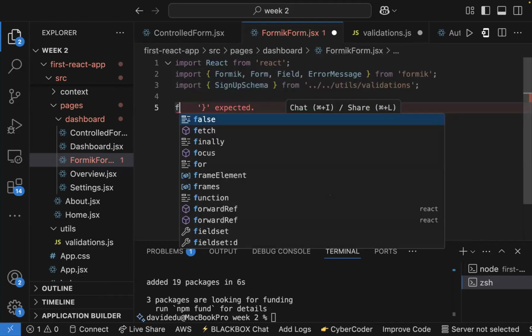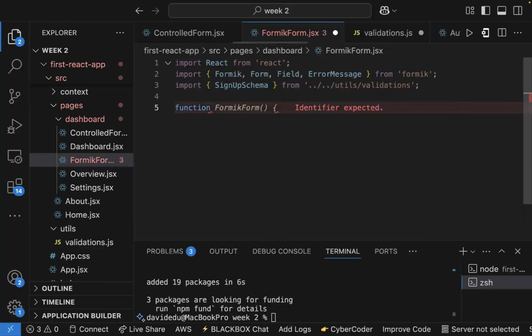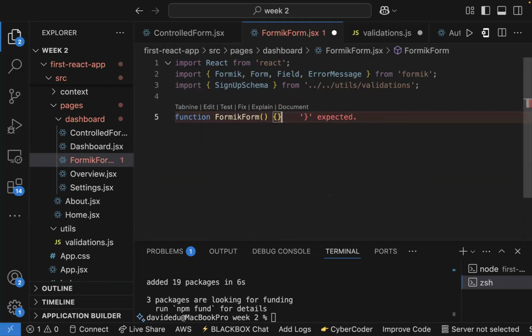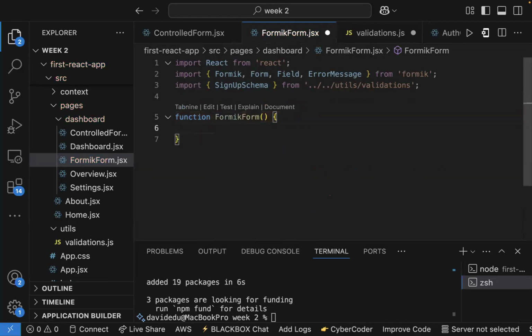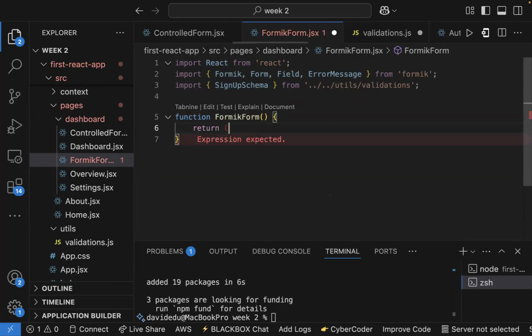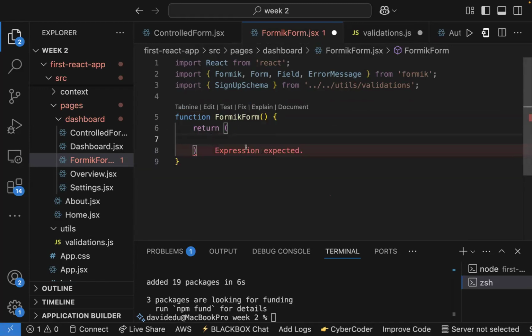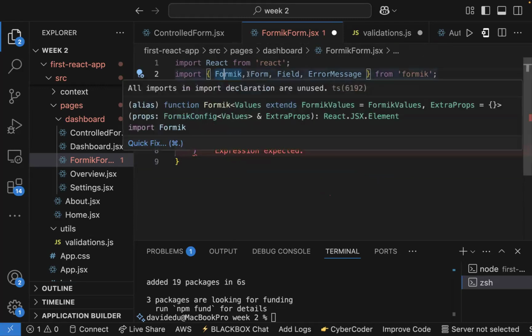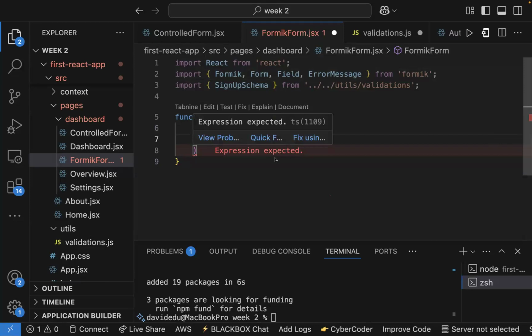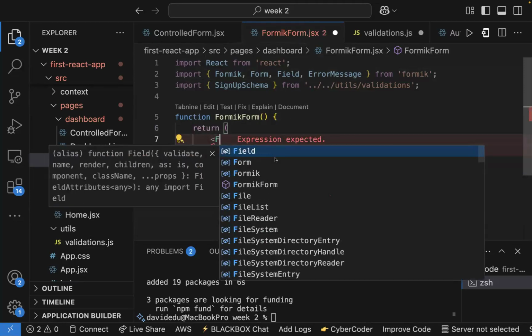All right. So function, then let's call it FormikForms. Then let's return. So for us to create this Formik form now, we are going to utilize this component provided by Formik. So for the form component itself, we will say Formik,